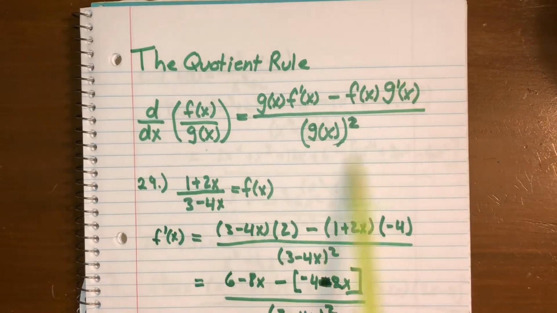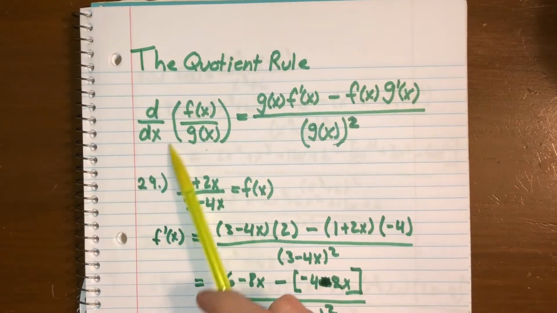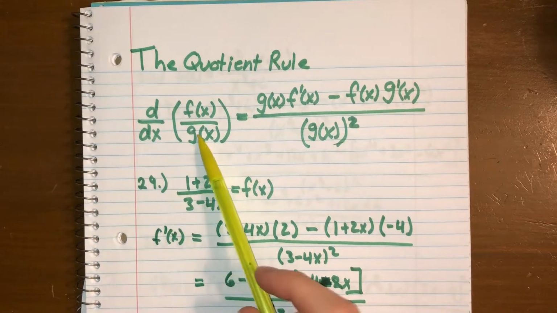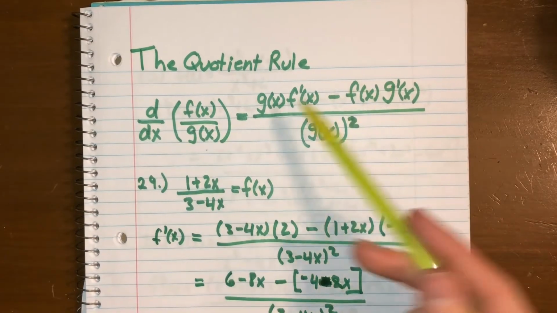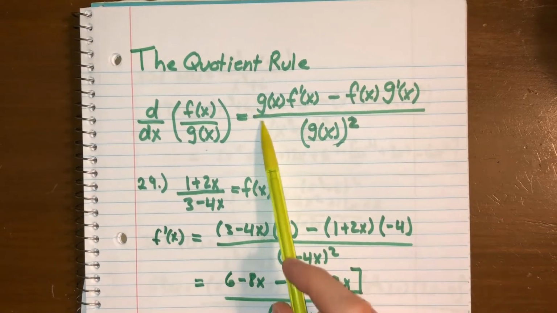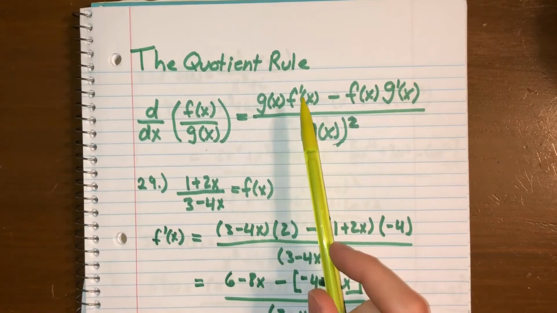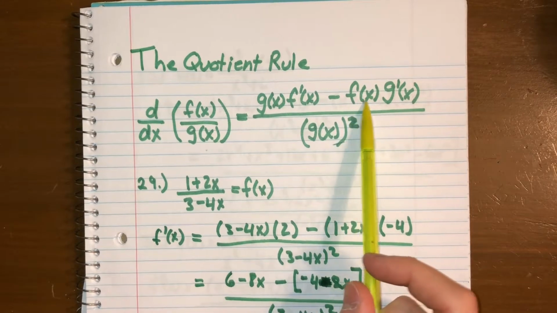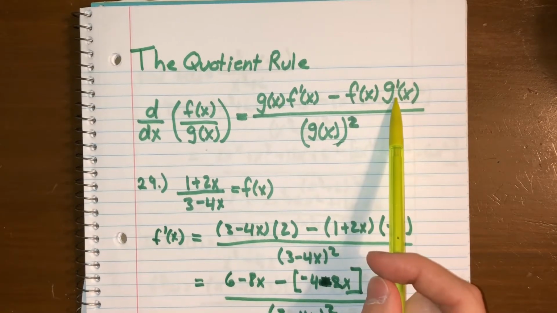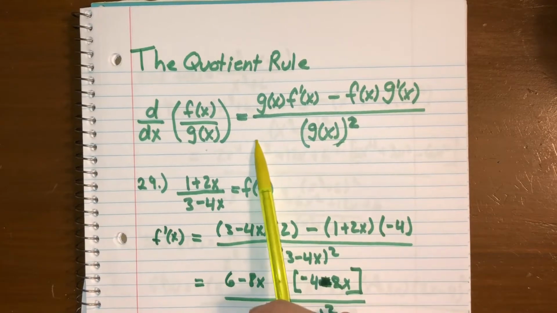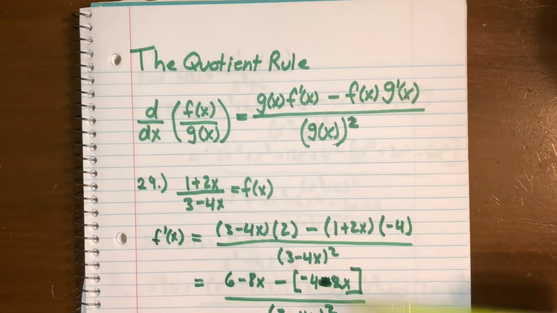So this is the quotient rule here, the definition. You got two differentiable functions, one divided by the other, and if you take the derivative of that, all it's saying is you'll end up with bottom function times derivative of the top function minus top function times derivative of the bottom function, all divided by the bottom function squared. Now this is a big equation, and a lot of teachers will not give you formula sheets